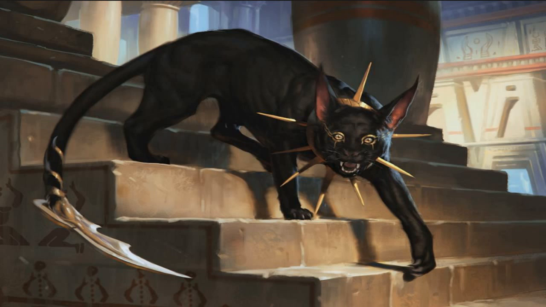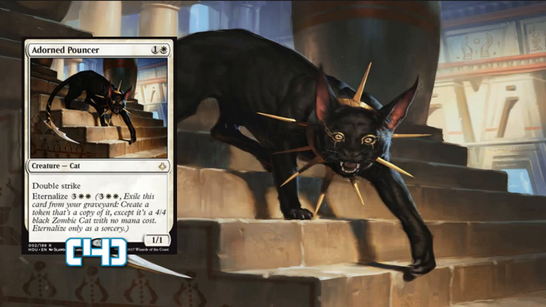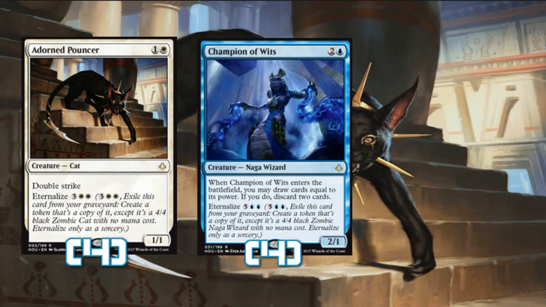Now let's get into it. Creatures first, because why not? Start at the bottom of the curve and move up. We're going to be playing 4 copies of Adorned Pouncer, 4 copies of Champion of Wits, and 3 copies of